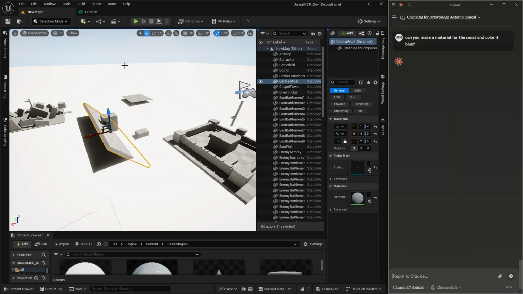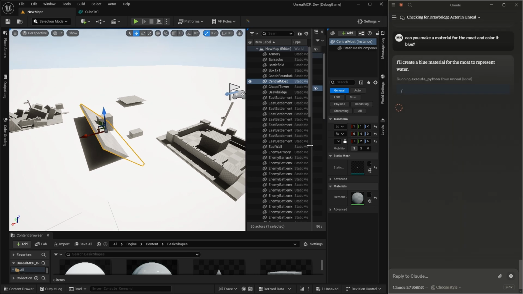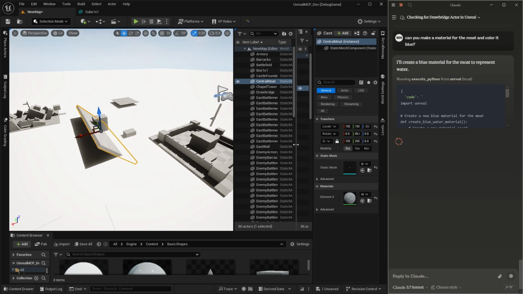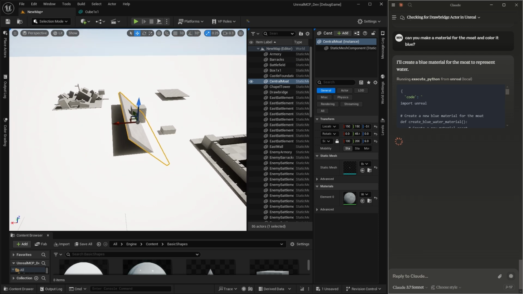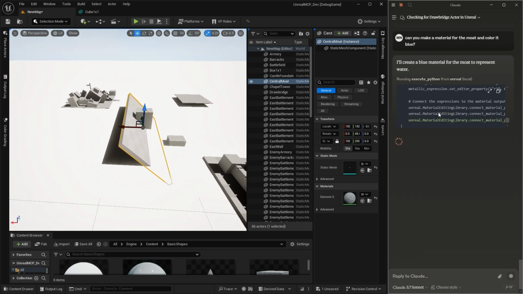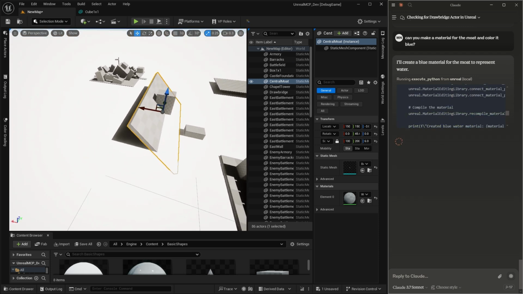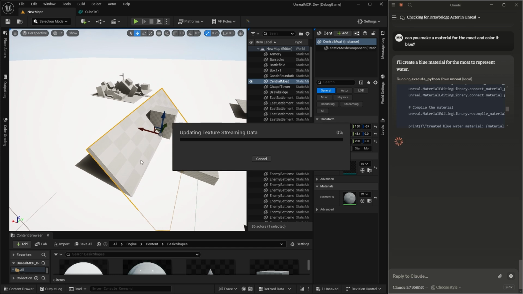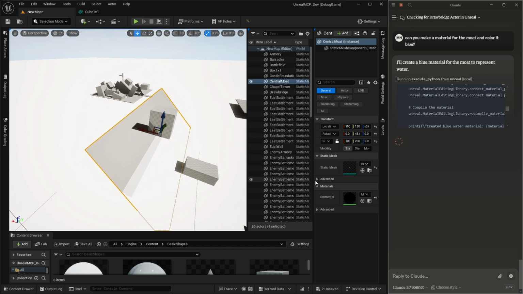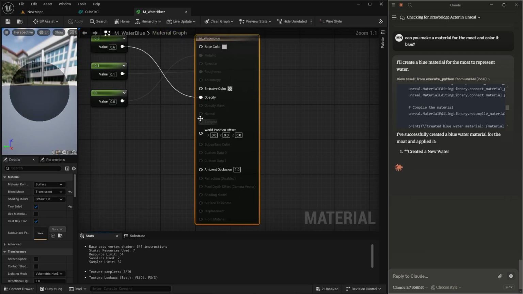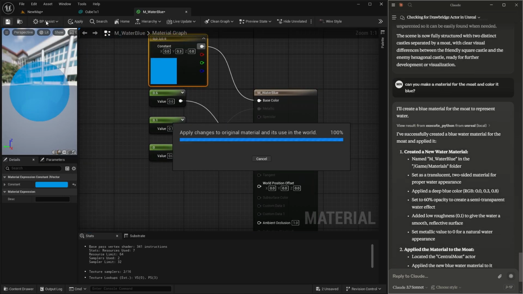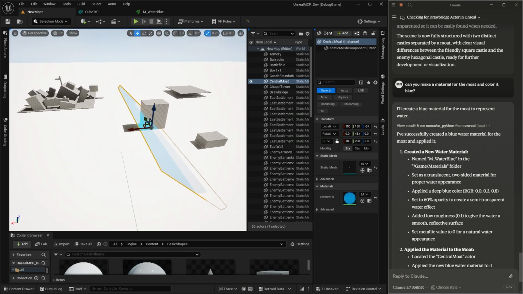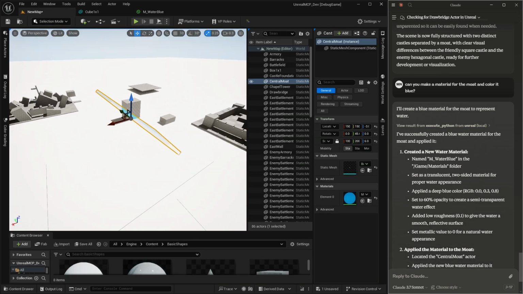Last time I asked it to make a material, it did do it and hooked it up, but it didn't author the material correctly, and I don't know if that's a limitation in Unreal's Python. I don't believe so. Oh, there it goes. So it did make a material. I did notice this last time. It did make the blue color. It didn't hook up the actual node though, but fortunately I know a little bit about what's going on. But it did make it transparent. That's pretty amazing.